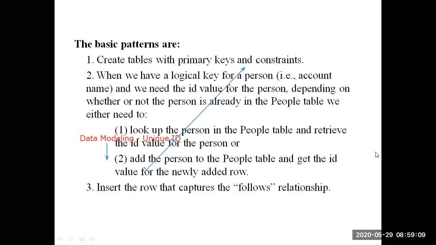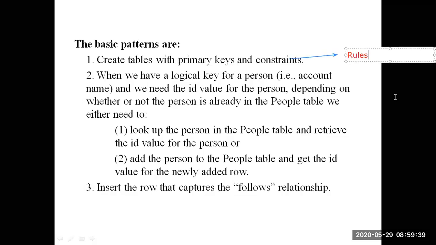Before constraints, we have a few more things. What are the basic patterns that we will be looking for in our tables? First, create table with primary key and constraints. Constraints are nothing but rules which enforce you to a certain category. Second, when we have a logical key for a person, that is, account name is the logical key,